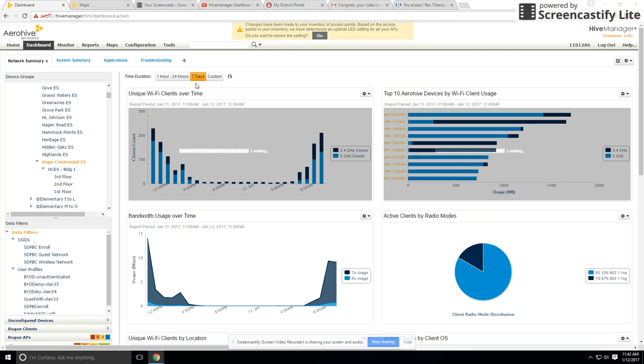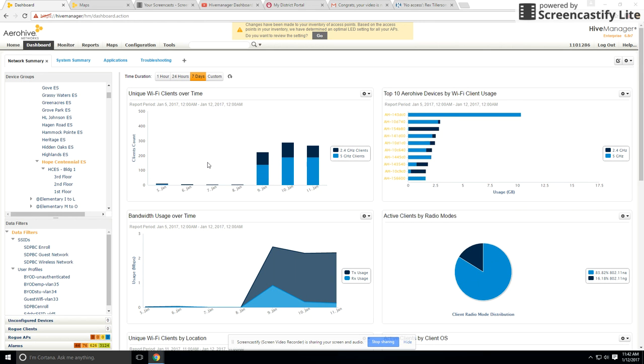7 days, if you were interested, you could determine how usage patterns vary across the days of the week. So we can see that school was out until Monday, so we obviously don't have very good historical data, but this first graph is just our client count, so we can see that we had more clients yesterday. Something you can tell about Hope Centennial is that they primarily have